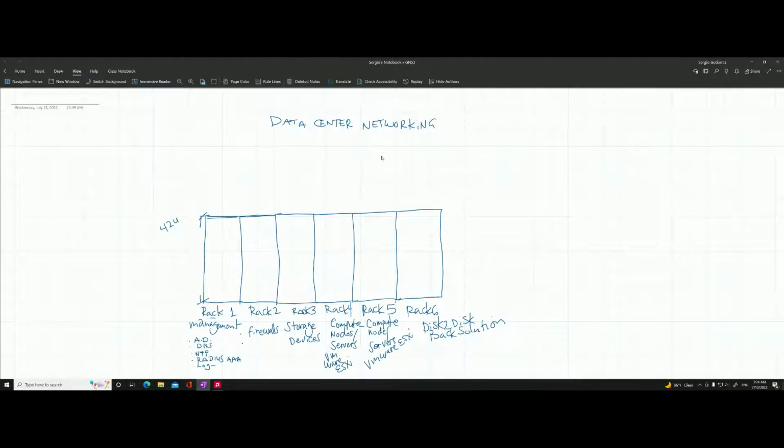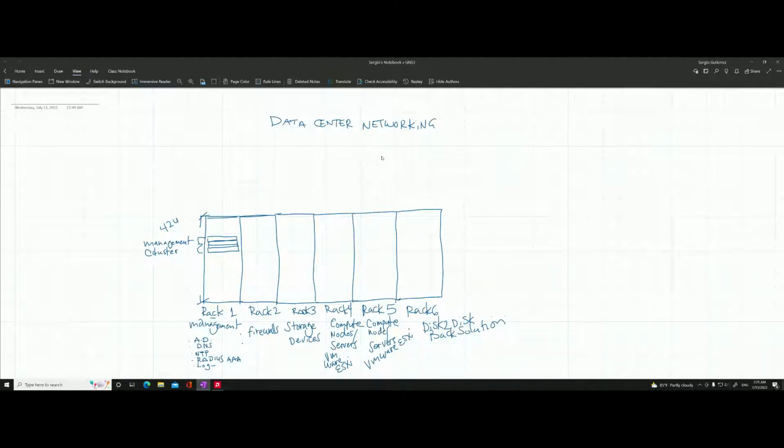Okay, so now that we have the racks, let's go ahead and start populating them with servers. So let's say that we have 4 servers here for management. So let's say these are going to be the management cluster,